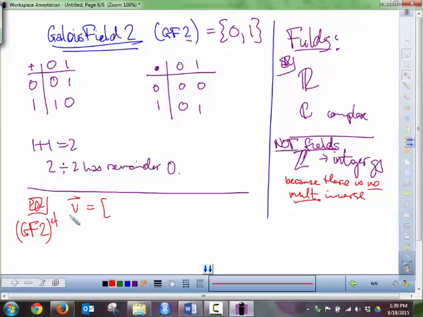If I have a vector in GF2 that has 4 components, that would just be a bunch of zeros and ones in 4 different components. So 4 zeros and ones, let me just randomly make up a vector. And then if I have another vector, W,